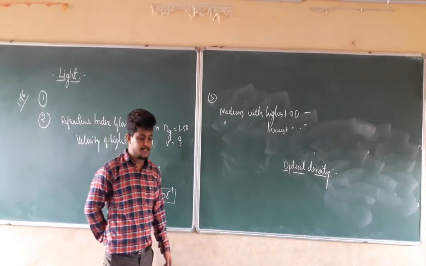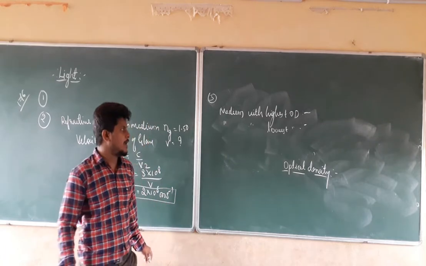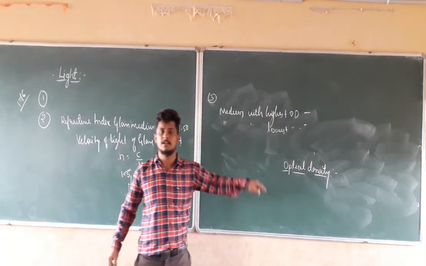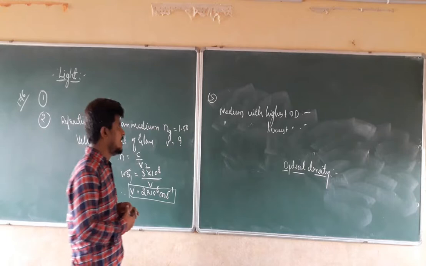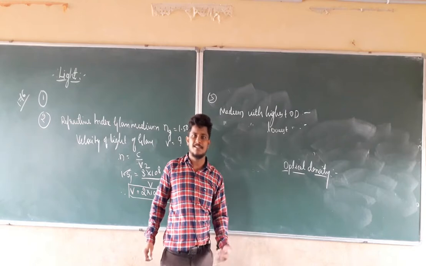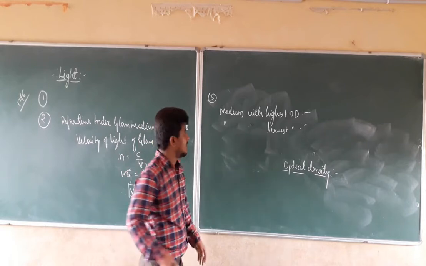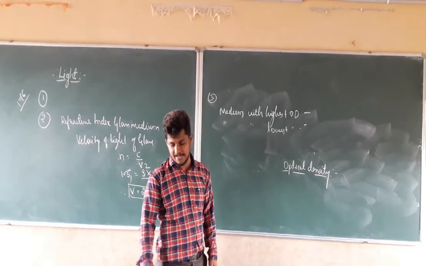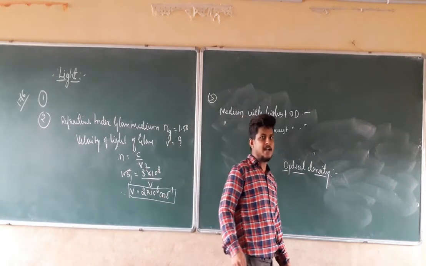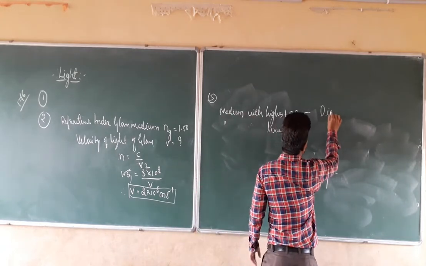We already discussed that speed of light is inversely proportional to the refractive index. If the refractive index is maximum, we can say that its optical density is high. If the refractive index is minimum, the optical density of that medium is low. When you check the table, diamond has the highest refractive index, 2.42, so its optical density will be higher. So the answer for this question will be diamond.